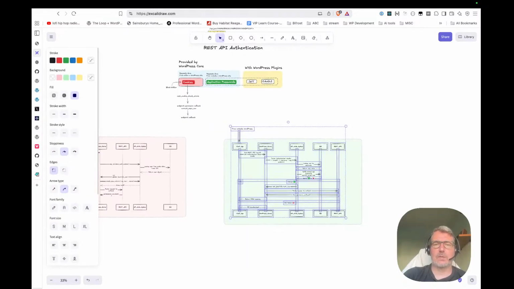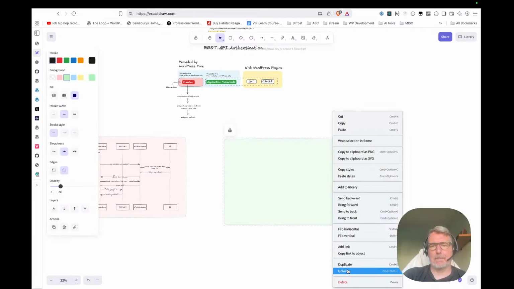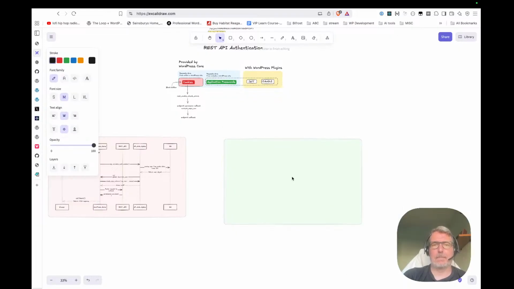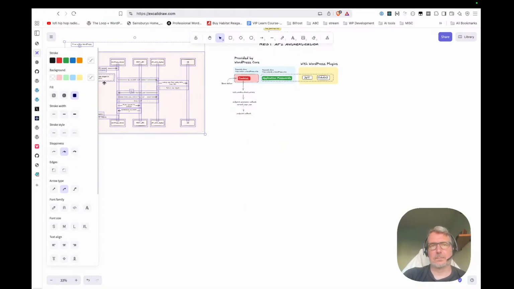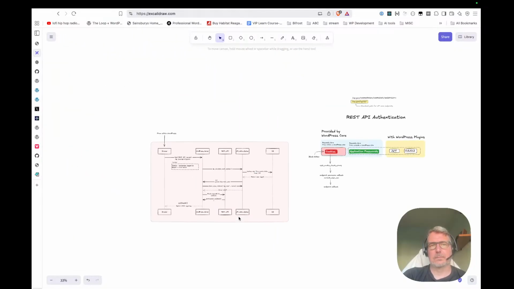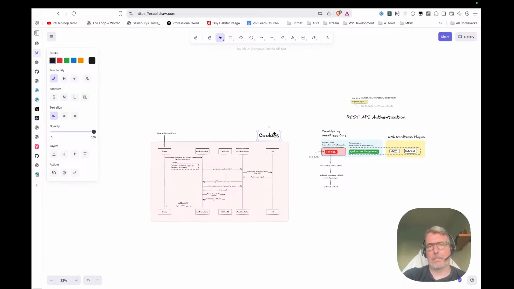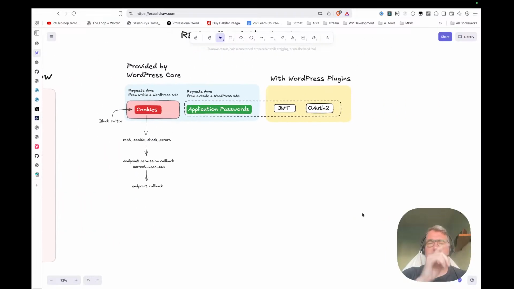I'm going to remove this because okay, cookies auth workflow. What I want to add is that application passwords